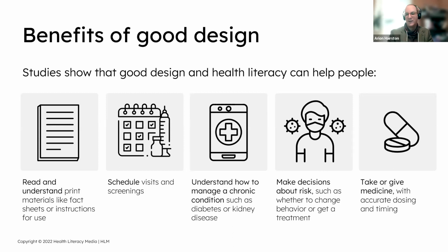Design reaches over into the web, of course, and things like interface for portals and making scheduling visits and things like that. Helping people understand how to manage a chronic condition such as kidney disease or diabetes. Well-designed information can help people make decisions about risk and weighing the pros and cons. So, whether people should get a vaccine or try to pursue a behavior change to promote their health, or